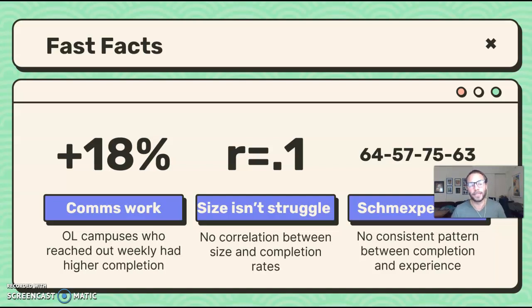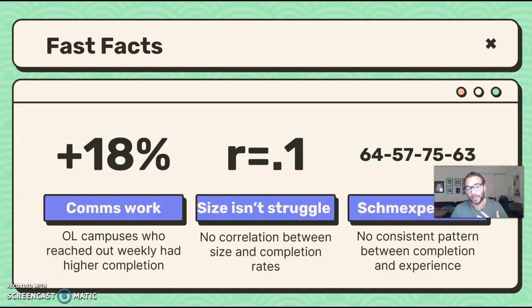One of them is that online campuses who regularly communicated, that meant on a weekly basis or more, had 18% higher completion rates than campuses that only communicated twice a month or less. And so there's a very clear feedback loop here, right? The more that we get on parents, the more that we're organizing with kids, the more likely it is that you got your kids in and tested.